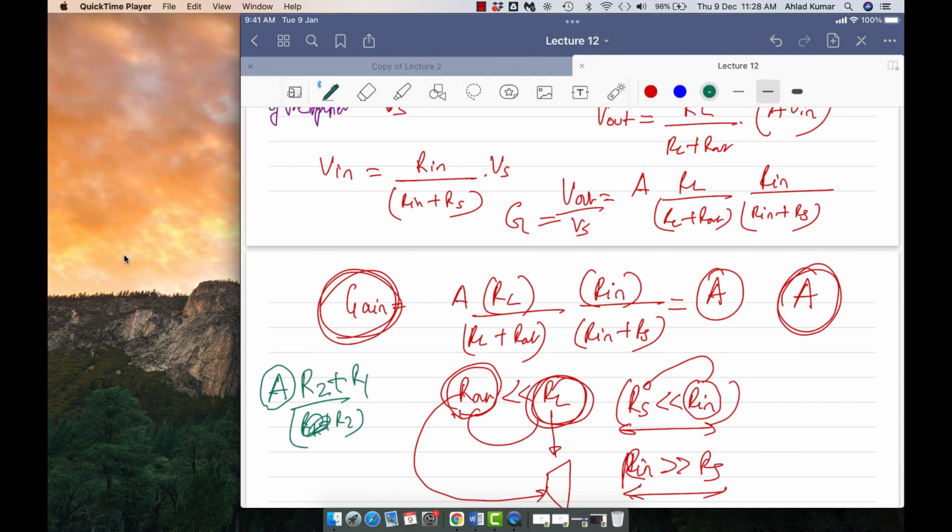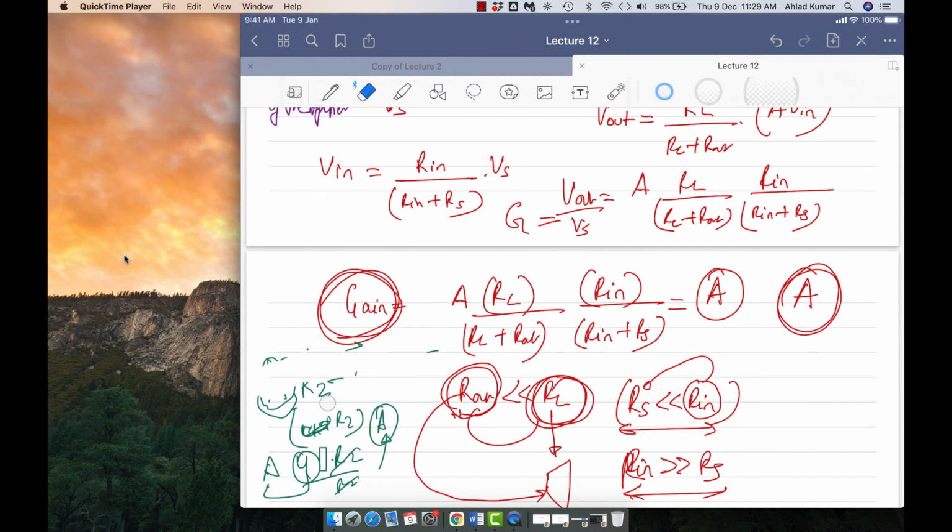So what you will do is take R1 as, let us say, 3R2. If you take R1 as 3R2, then what is the answer? A times 4R2 divided by R2. So R2 cancels, and you will have 4 times A. If in case you want to decrease the gain, you can take R2 to be less than R1. So you can make fractions of that A also. This way you can control the gain by multiplying the original gain with some factor.